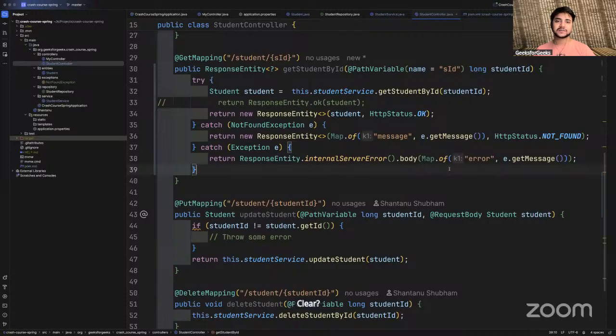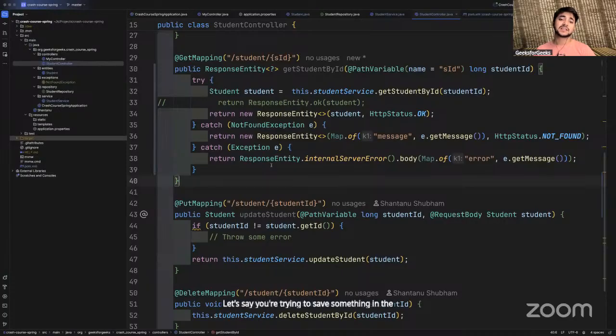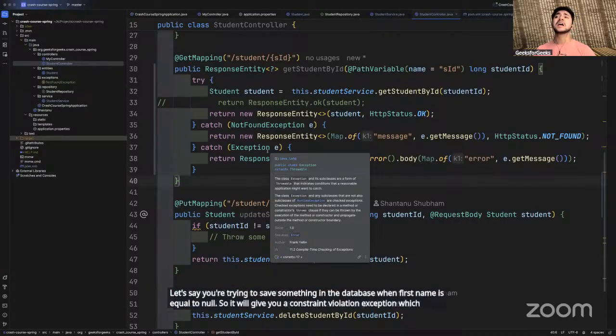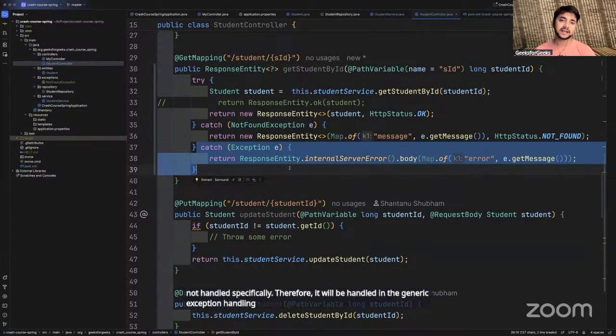What will e.message print? That e.message will print the message that is present in your exception. Simple. When can we hit this exception? Let's say you're trying to save something in the database when first name is equal to null. So it will give you a constraint violation exception, which is not handled specifically. Therefore, it will be handled in the generic exception handling and therefore throwing us this exception.